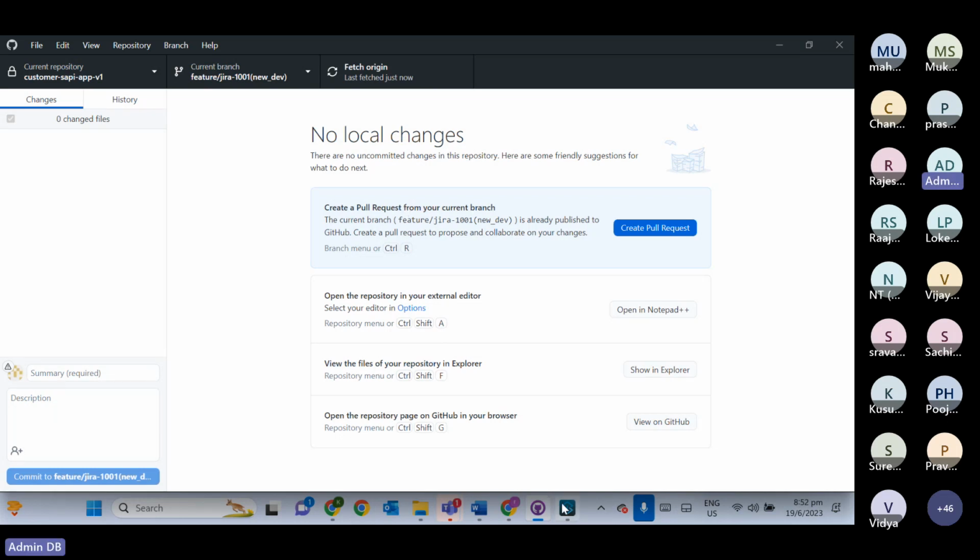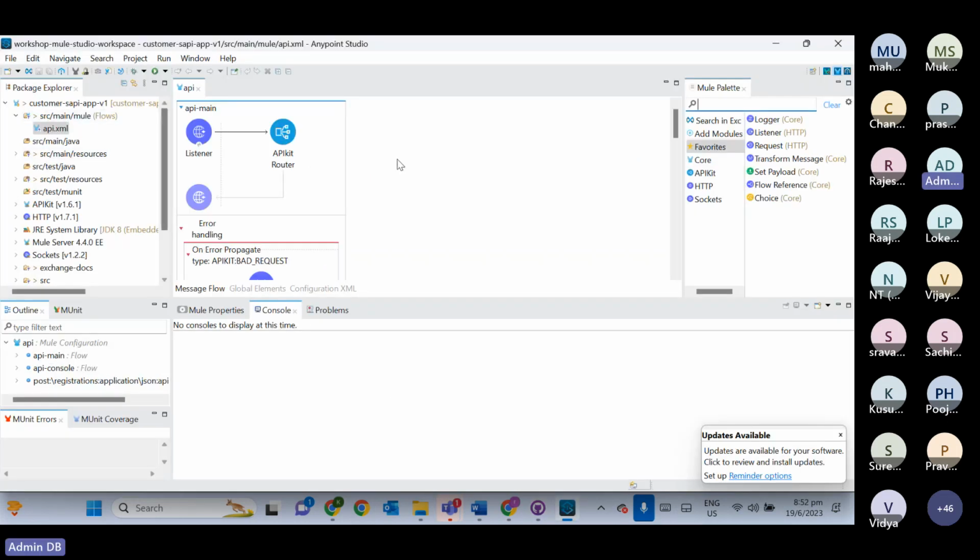So what I did so far, I just created one project. Before that, I created a repository, I cloned it in local, and then I created the project using the RAML file from the design center, and I created it within the clone repository. And whatever initial draft project we have,